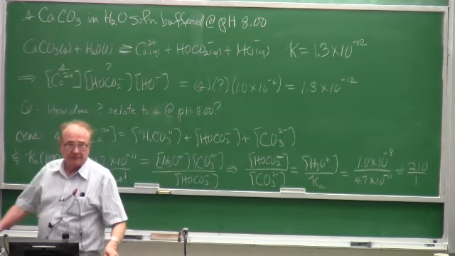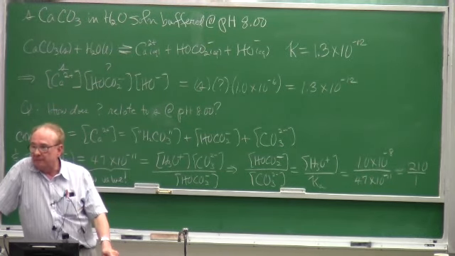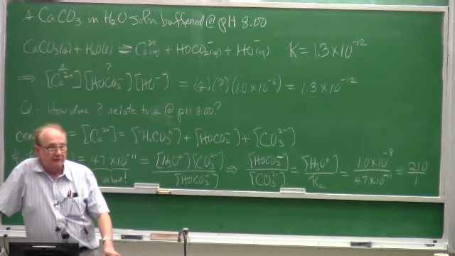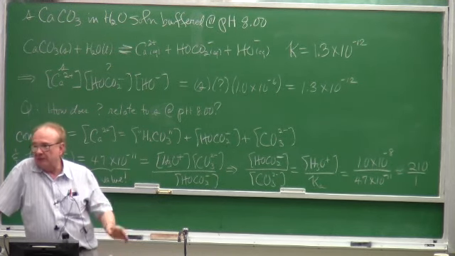Now we know that if, for example, we have a liter of water as our intended solvent system, and we treat it with a mole of calcium carbonate, because I can make any mix I want in the lab,